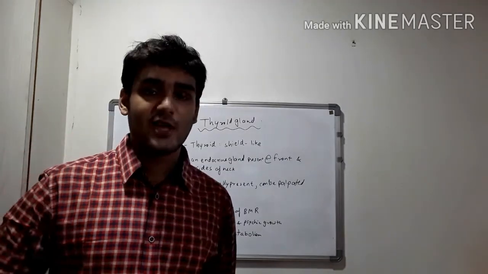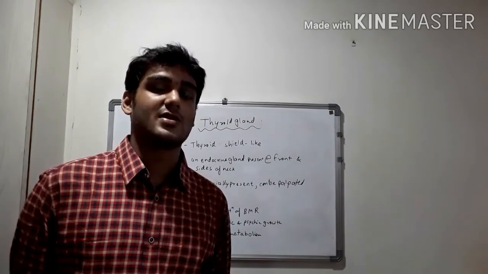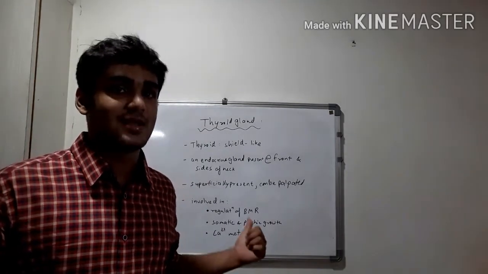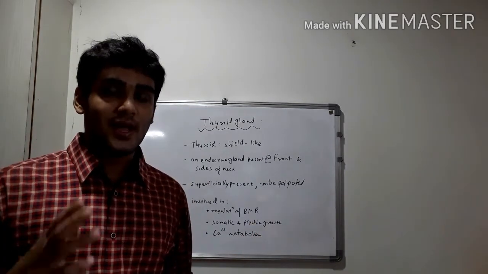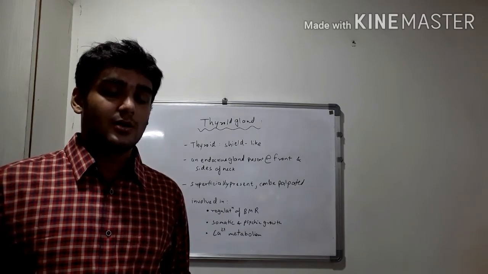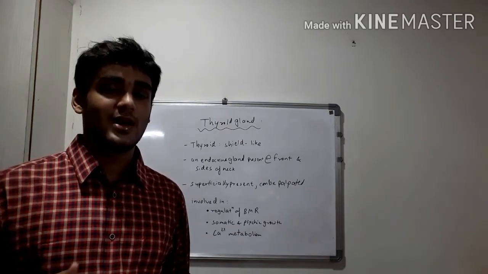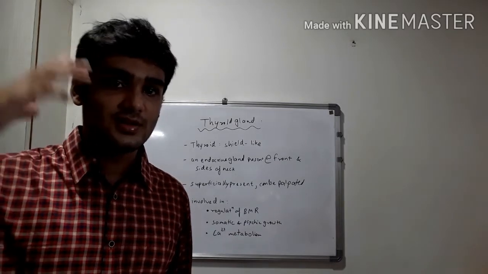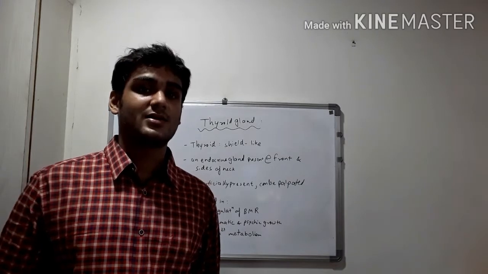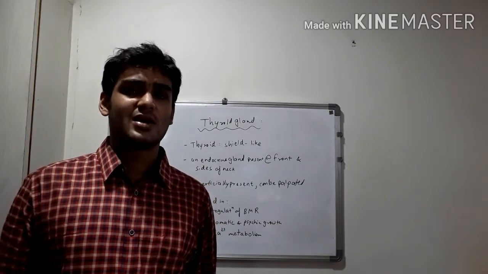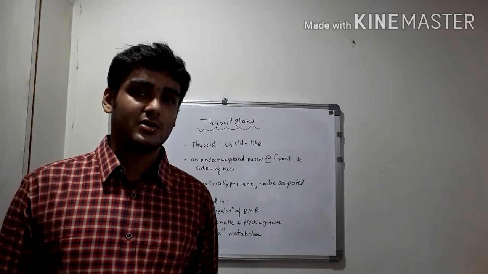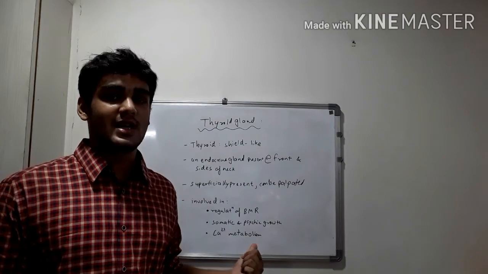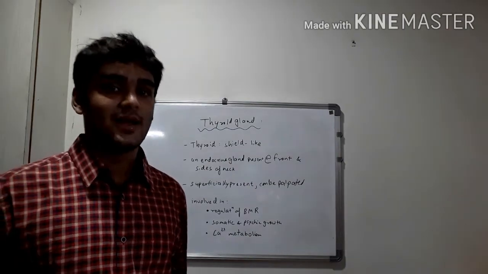Now talking about the functions of the thyroid gland, you will study it in fullest detail in physiology, but for now just some general points. It is involved in the regulation of BMR, that's the basal metabolic rate. It's necessary for somatic and psychic growth. If there is a thyroid deficiency, then the individual may develop mental retardation or impaired development of the nervous system, and many other anomalies occur due to impairment of thyroid function. It is also involved in calcium metabolism. It secretes a hormone known as calcitonin, thyrocalcitonin, which is involved in the regulation of calcium metabolism.